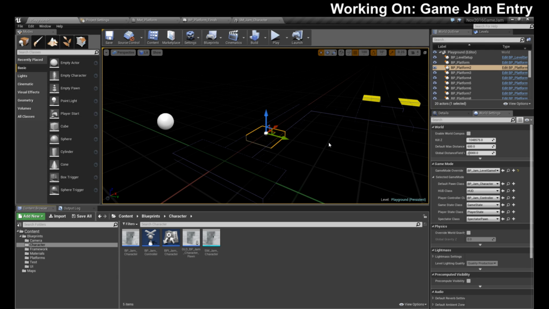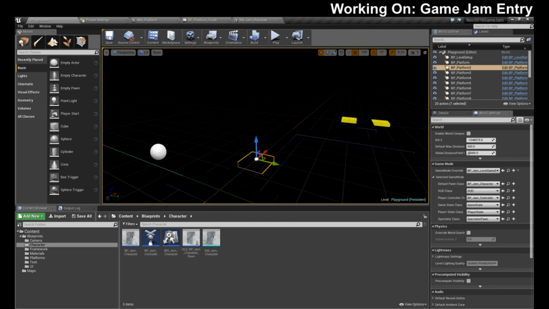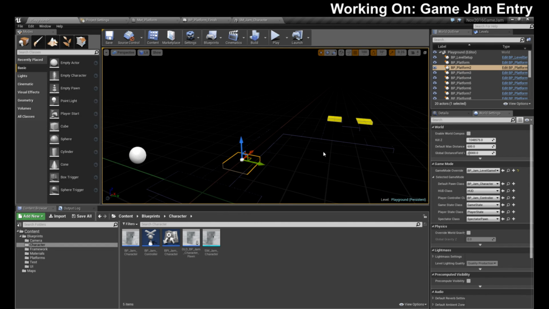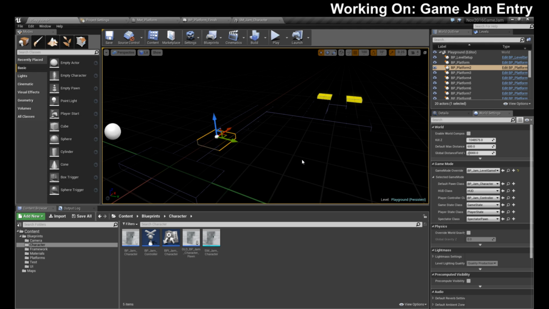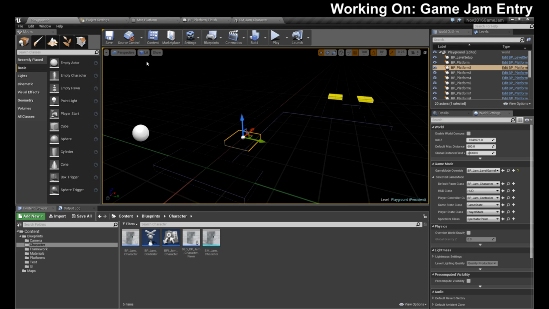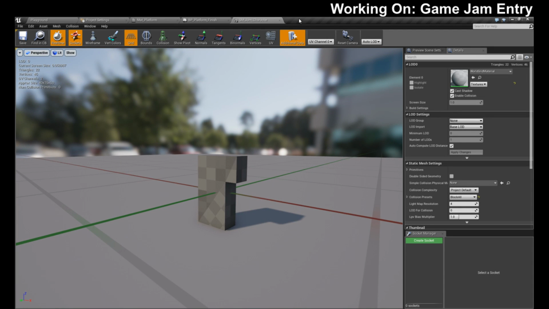Right now, if I had to stop, if another one of my kids got hurt again, I'd at least have an entry. If I had half an hour to package it, I'd at least have some form of an entry. Another hour I can knock out because I designed it easy to work on. I can knock out another 10 levels in an hour. They're not going to be the best, but I could do something. So at least I have something to submit, and I'm happy at least having something. And that's just me. I'm not an artist, so I believe in just having something functional over pretty, because I can't do pretty. That's just me. There's my character. And I'm more than likely even going to keep the character like this.